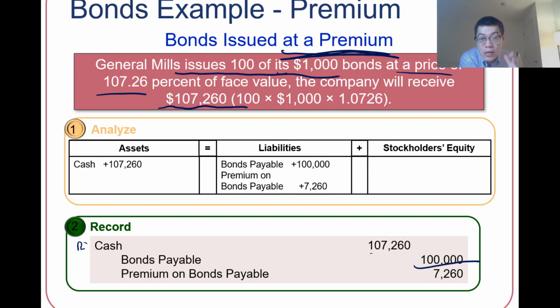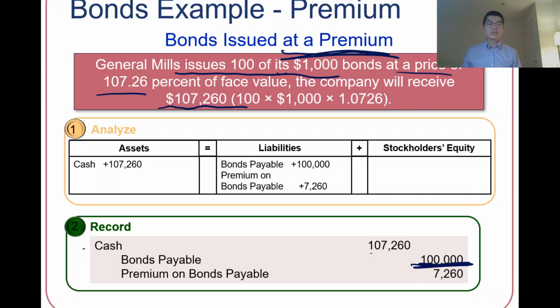It doesn't matter if you're issuing bonds at premium, at face value, or at discount. Your bonds payable is always going to be the face value. The reason is that now I'm holding the bond you issued, but